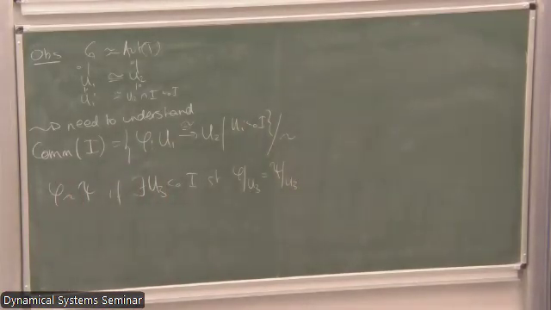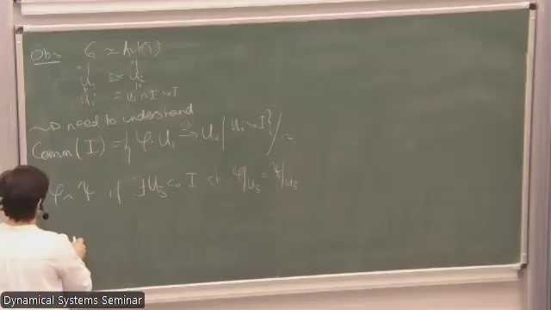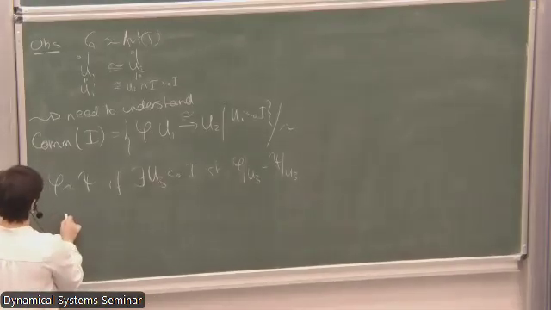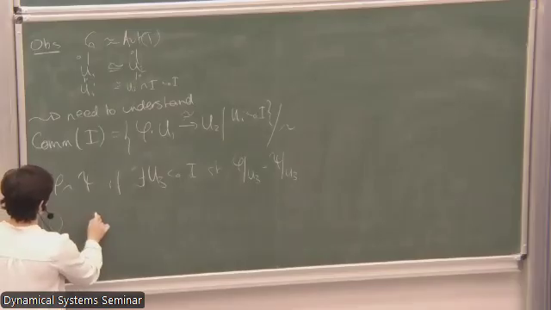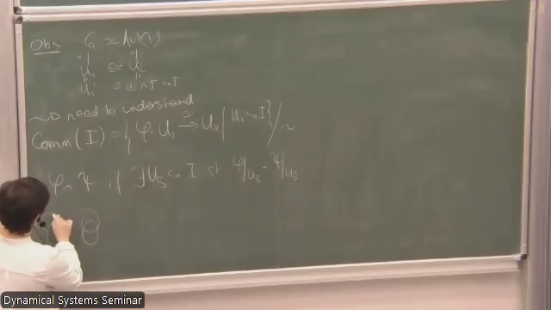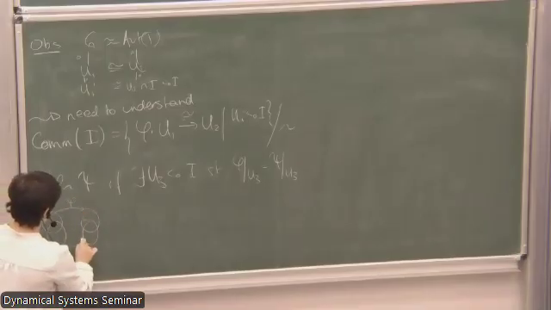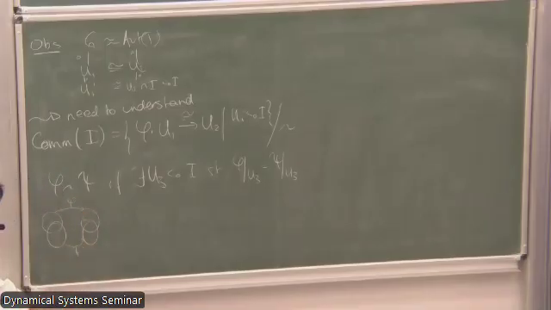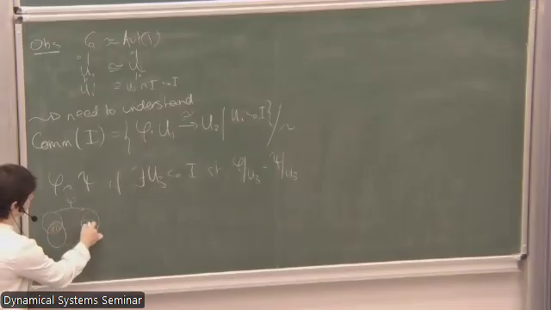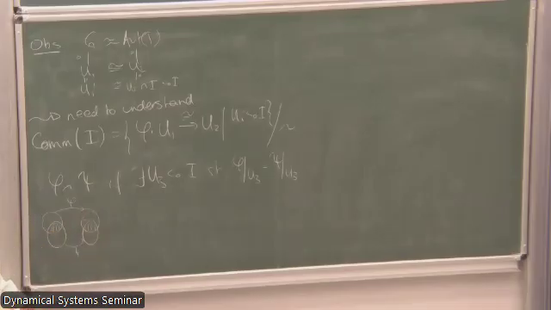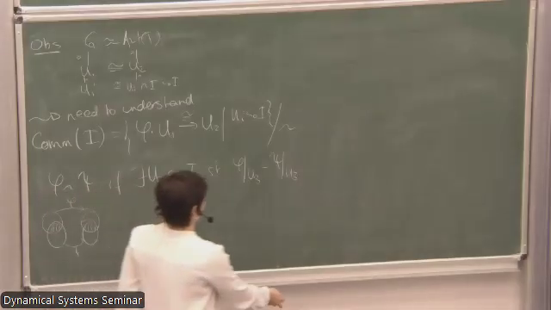Right, so this might be phi, this might be psi, but if they do the exact same thing to this big open, then I'm going to consider them the same because I only care about what happens locally. Okay, so that's the commensurator, the abstract commensurator of